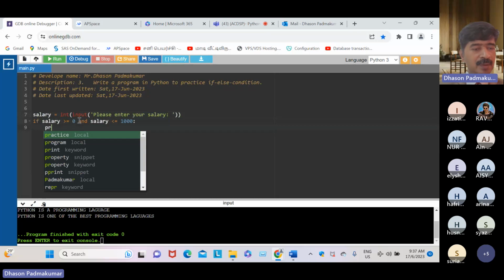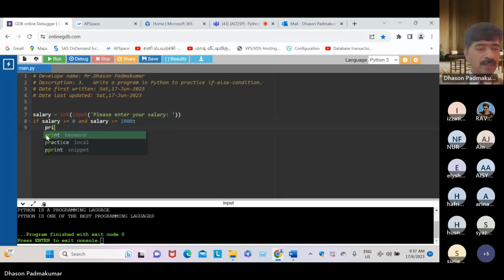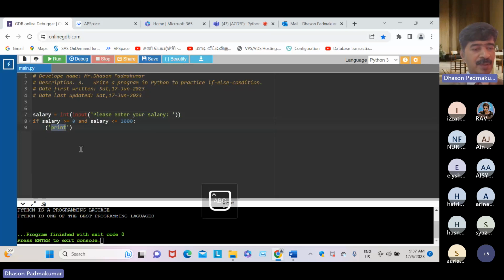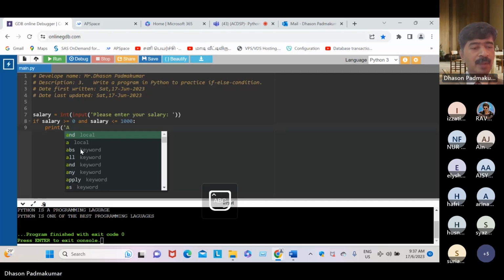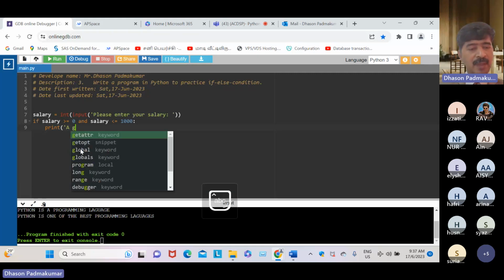So print, opening parenthesis, let's say, A grade. It is just an example: A grade.